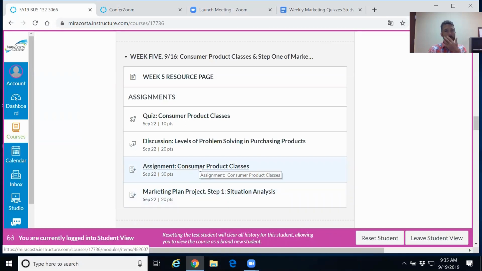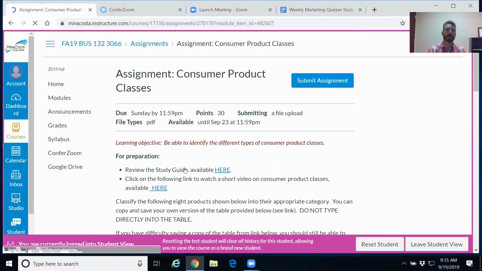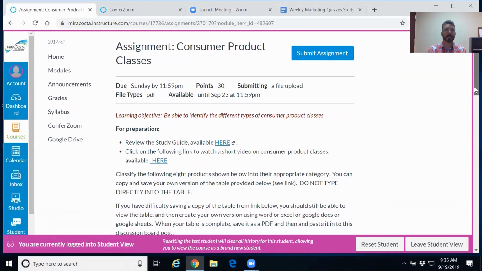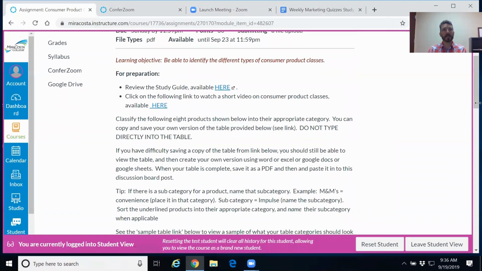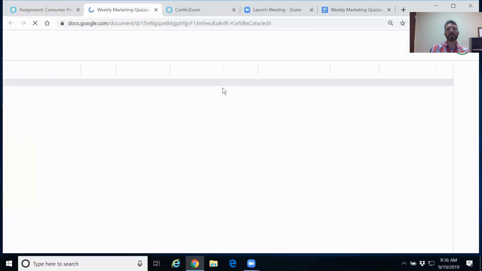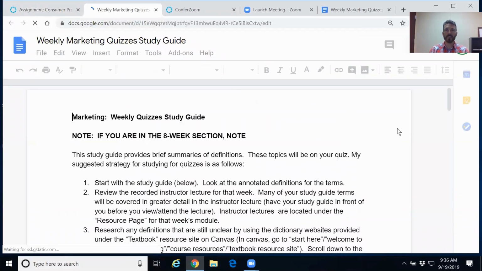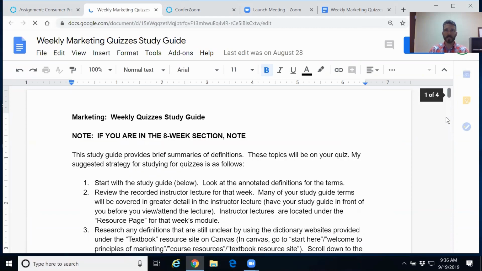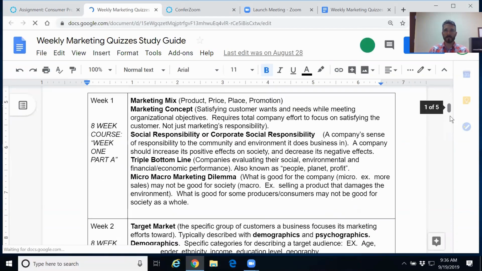So first off, let's look at the consumer product classes assignment. That one's 30 points. I'm going to click on that assignment, and I'm in the student view here. When you have it all done, you see submit assignment. Here are the resources you want to look at. Go to the study guide, review the study guide available here, and if you scroll down to page 3 of the study guide, you will see the definition